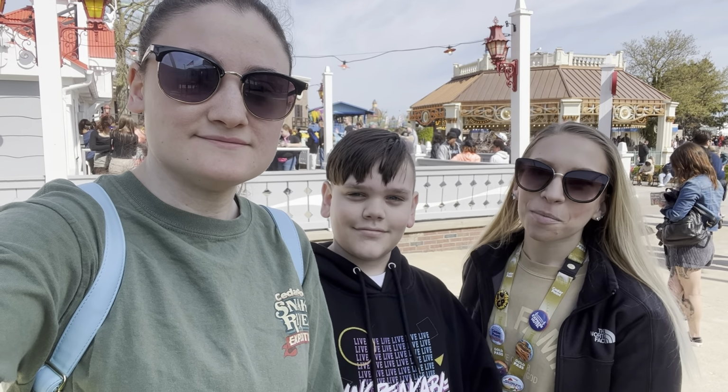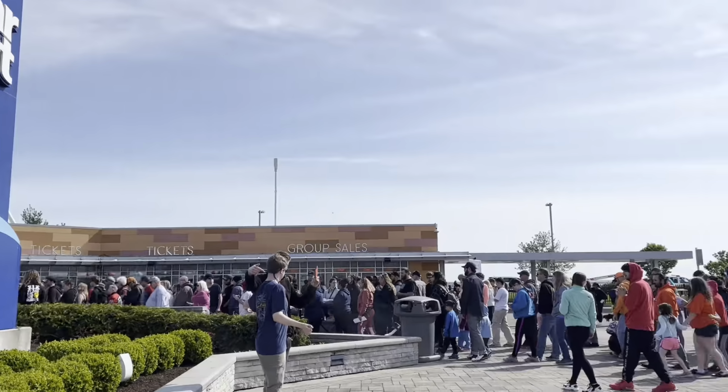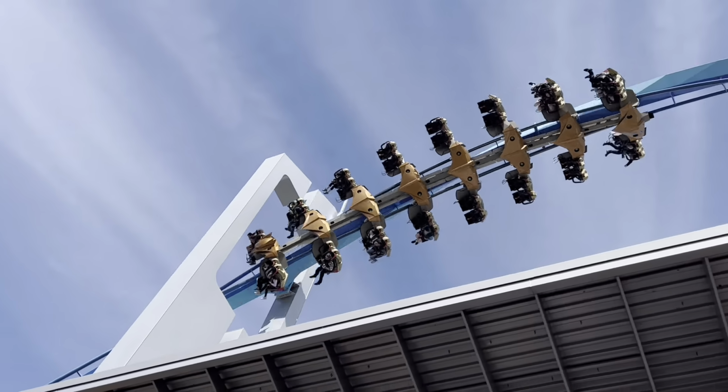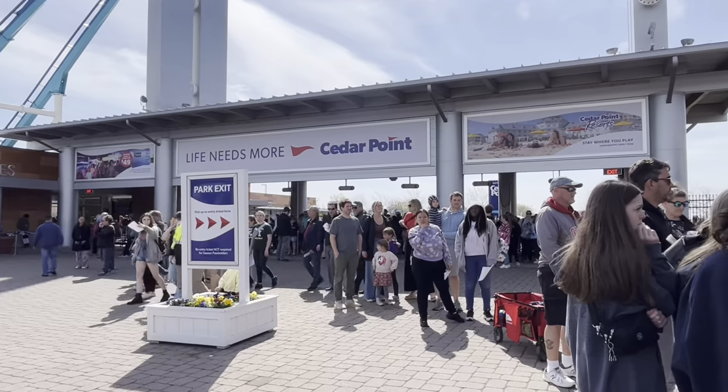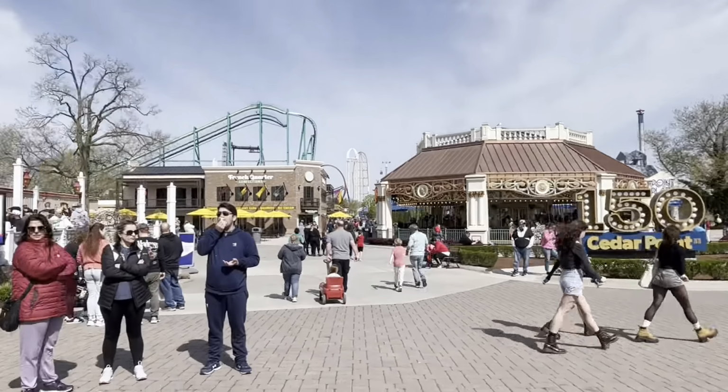Today we're here at Cedar Point and we're going to show you the tour of this season in 2023. Alright, so here's the front gate that we just came in, and if you turn around, we went and got